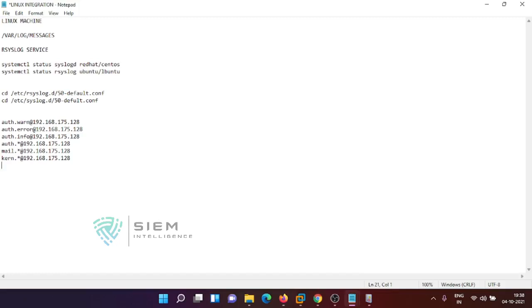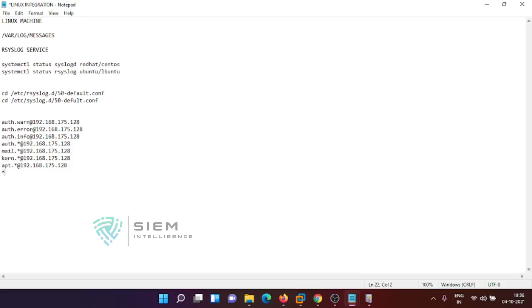I want to also add application logs, apt.*, all logs, 192.168.175.128. Got it? So instead of sending all these one by one and adding so much configuration, I am giving an easier way.